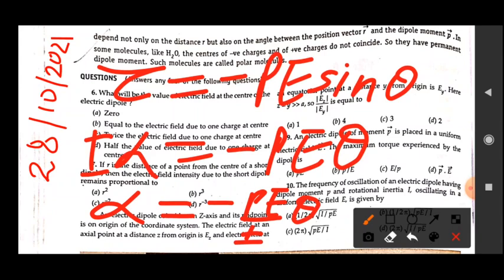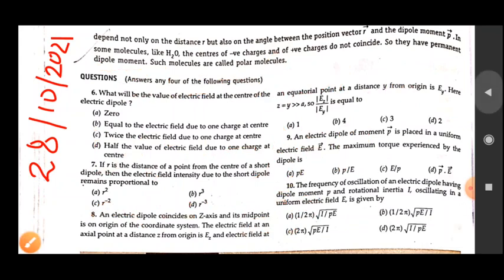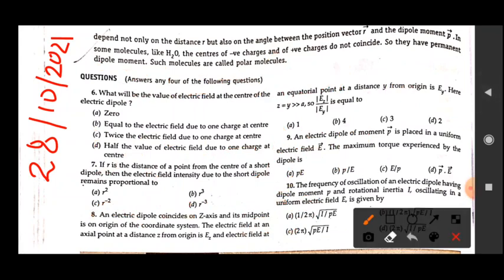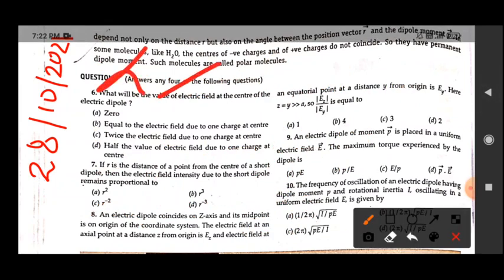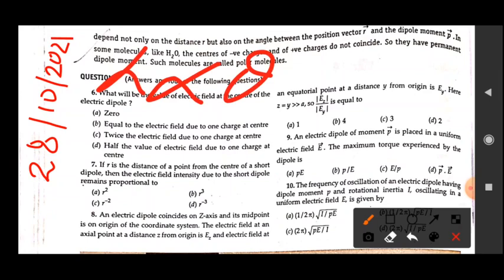So from here, as you can see, this P is constant for the dipole, E is a constant uniform electric field, I is the moment of inertia of the system. It means that alpha will now be directly proportional to theta. So if alpha is directly proportional to theta, it means that the oscillation is happening, and we can also see what the value of nu, or frequency, will be here.